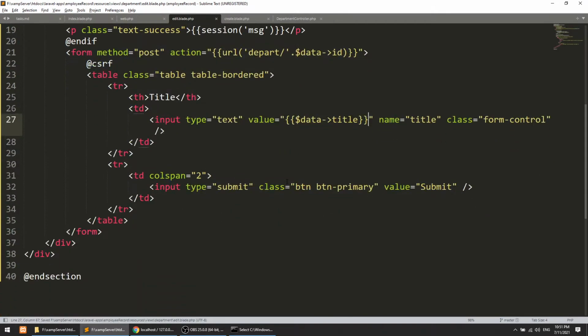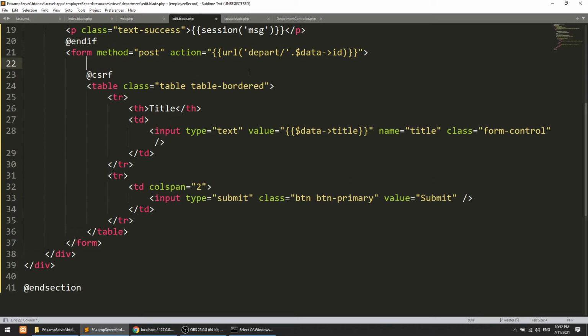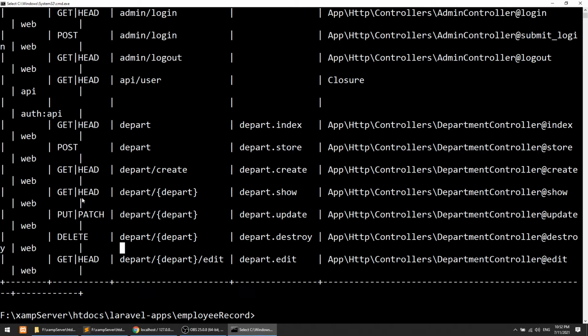Fine. So department whatever we have, and one thing more: whenever you update the data with the form, you have to define the method put, because it will work with the put method. Okay, so here you can see that put or patch method, so it will call the update.